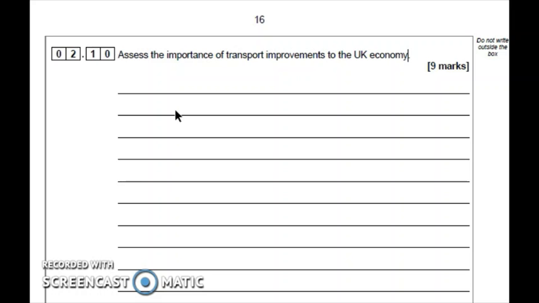So all of those things you would probably need to discuss, or at least two of them, as long as you make sure you assess the importance. So basically there is a balanced argument of, yes, actually these things are really good, but are they going to matter that much? They're going to cost a lot in the first place. But also I think it would be a really clever argument to say that a lot of these will only help people in the south of England, not the north. So that sort of evaluation would be great if you're going for 7, 8 or 9 out of 9.